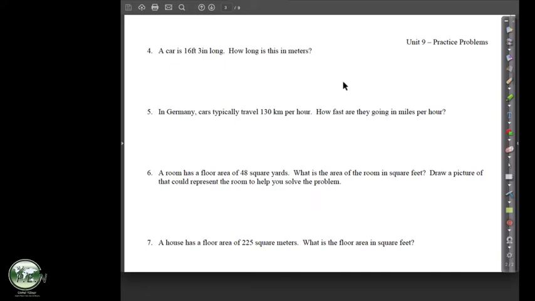Okay, so the fact that we need to use is 1 inch equals 2.54 centimeters. So what we're going to do first is take this measurement and convert it all into inches, and then we'll convert from inches to centimeters, and then from centimeters to meters. And once we do this one, we'll have the ability to do all the different types of conversions we might need. Okay, so if I've got 16 feet 3 inches,